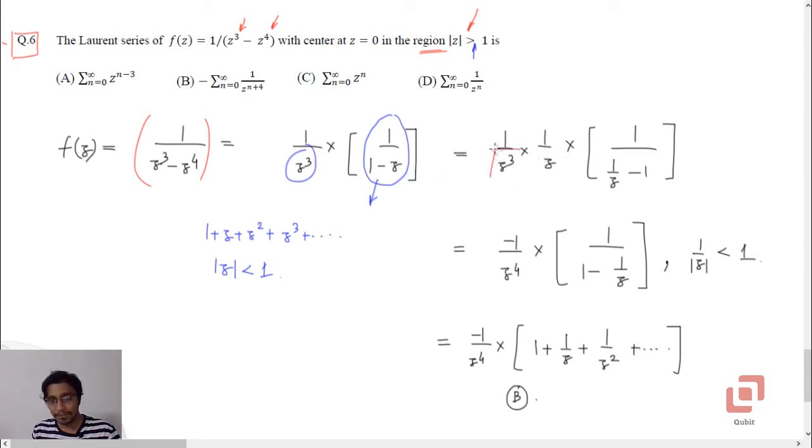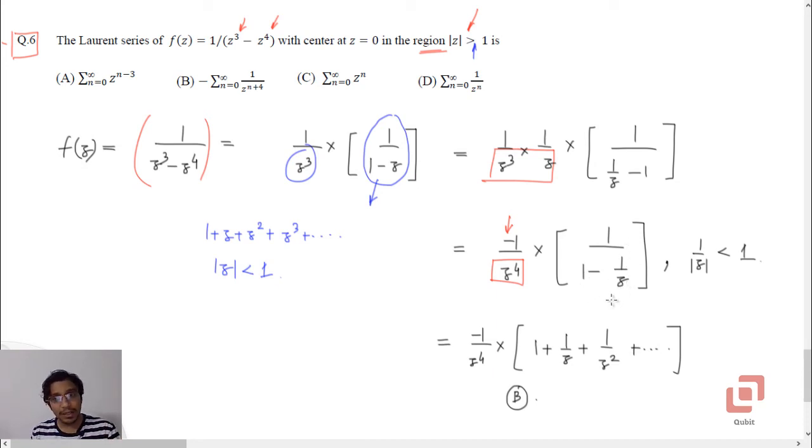So if we take z common from 1, it will become 1 upon z and z will become 1. And now is the time that we can start thinking of geometric series once again. First combine z cubed and z, and that will give you z to the power 4. Now in order to write the bracket in terms of 1 upon 1 minus something, take the negative sign common and put it here. So it will now become 1 upon 1 minus 1 upon z.